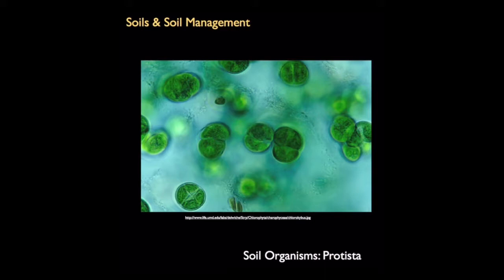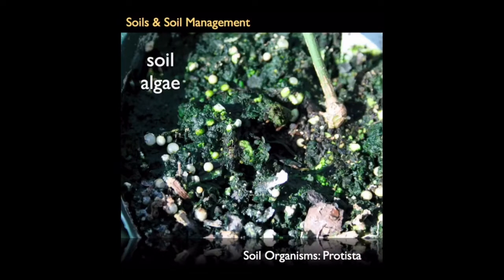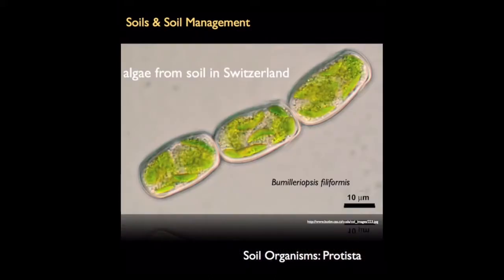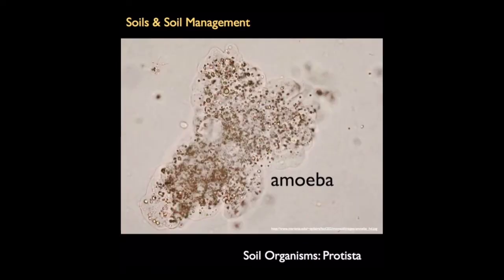protozoa, and slime molds. Algae are present at the soil surface where they carry on photosynthesis because they have green pigment, chlorophyll, like normal plants, although their contribution to the productivity of the ecosystem is much less than that of plants. The protozoa include organisms like amoeba that crawl around in the moisture film on soil particles, feeding on soil